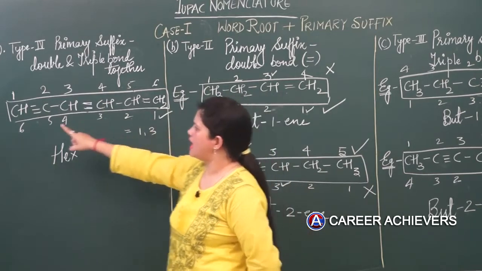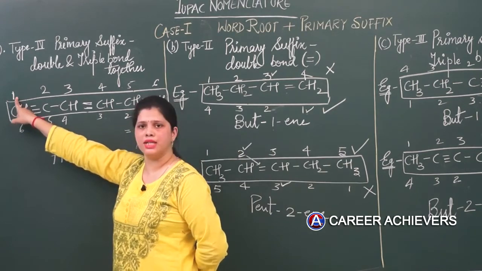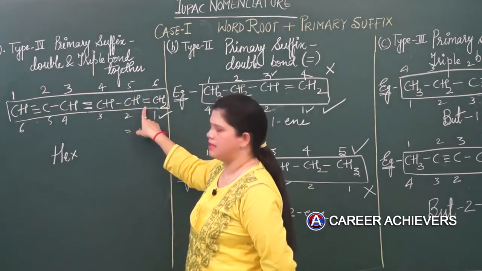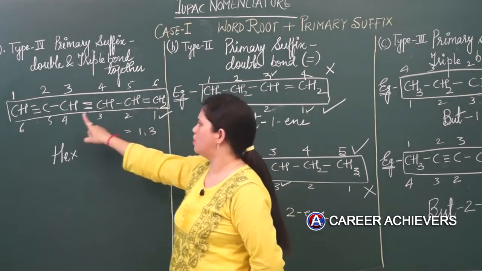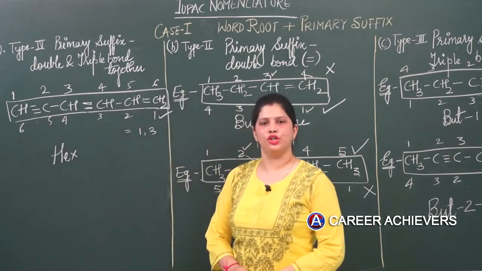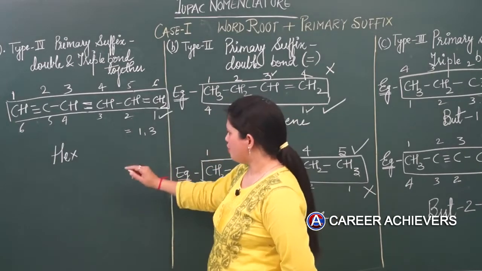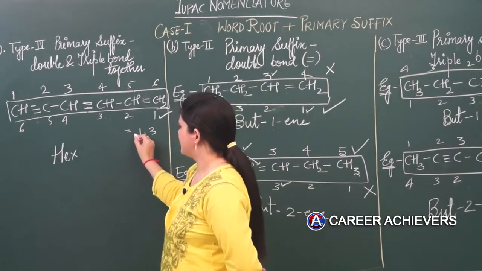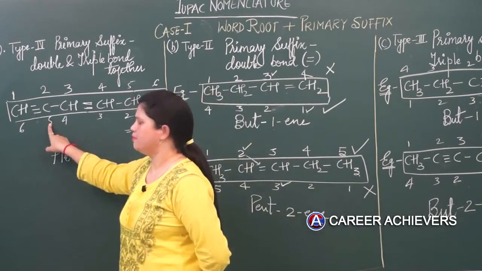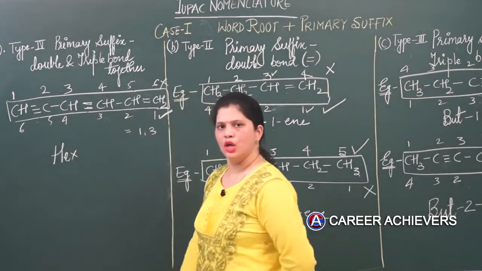Now if you are wondering why we are not taking the numbering from this side, because the triple bond is getting 1 from this numbering, I have already told you that when both bonds are present together, meaning a double bond is there in the molecule and a triple bond is also there, then the rule says the double bond should get the minimum number. It means priority over the triple bond. So we have understood that the double bond is getting the positions 1 and 3 and your triple bond is getting the 5th position. So this is the correct numbering and this is the wrong one.